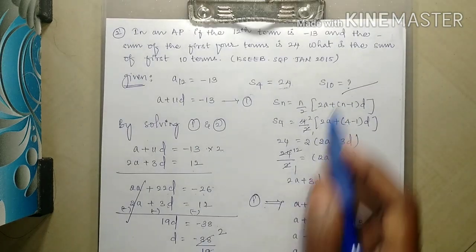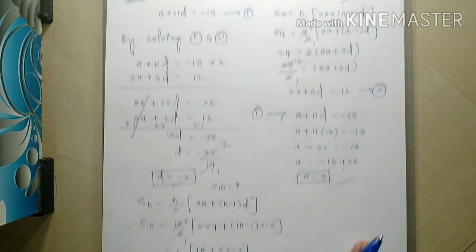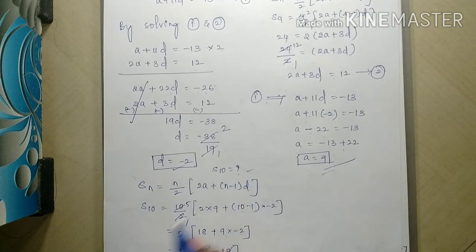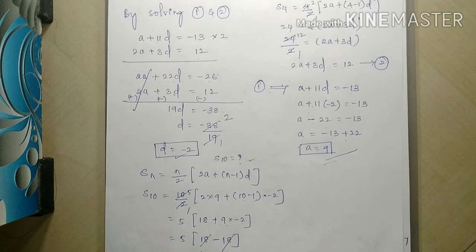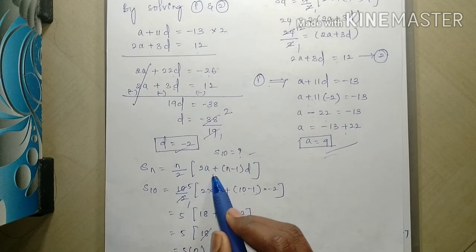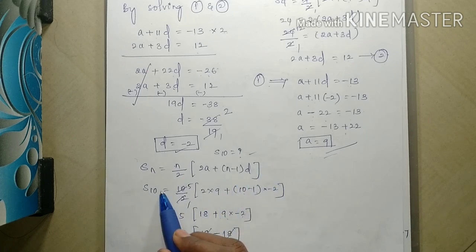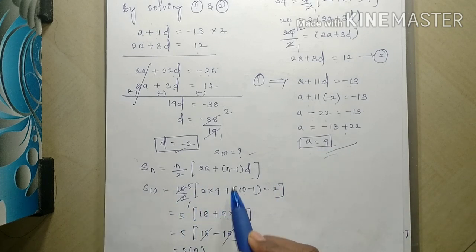Now it's very easy to find the sum of the first 10 terms, that is S10 is equal to question mark. Now we know the Sn formula, Sn is equal to n by 2 of 2a plus n minus 1 into d. So S10 is equal to n is 10, so 10 by 2 of 2 into a is 9 plus